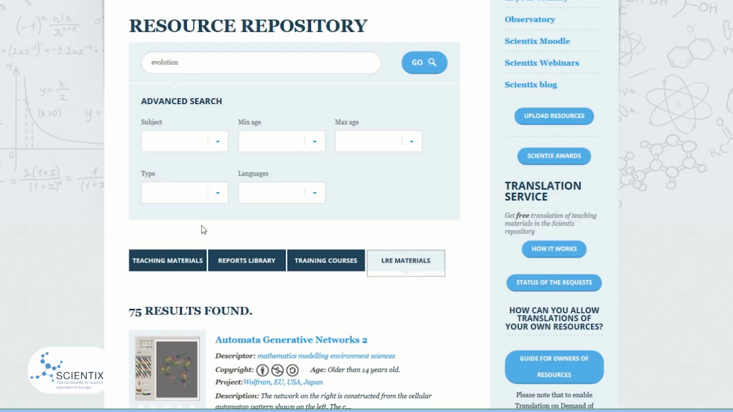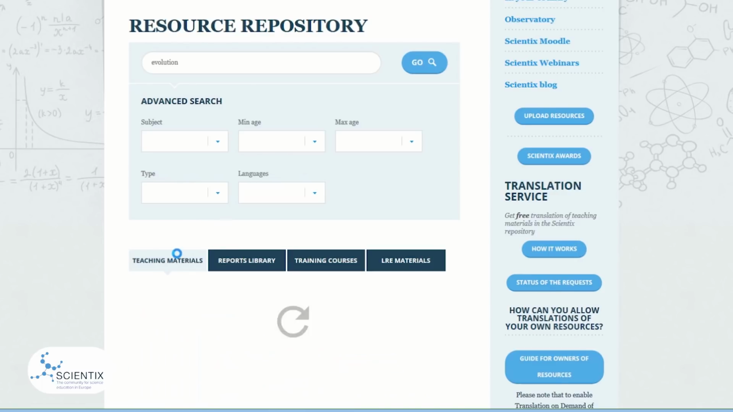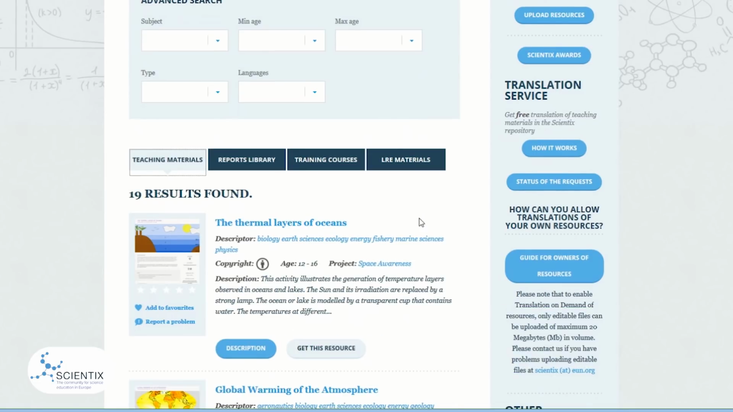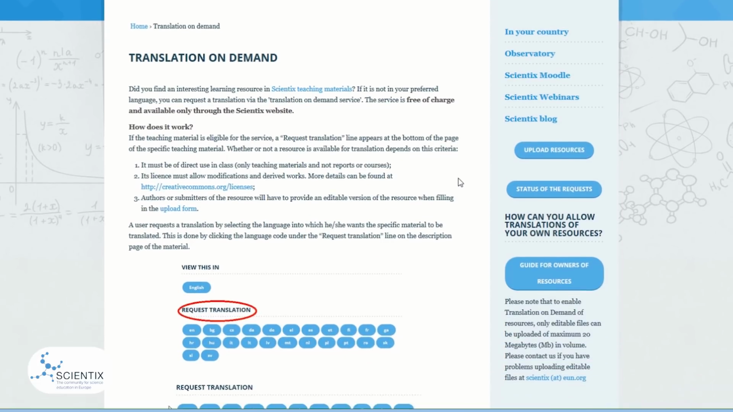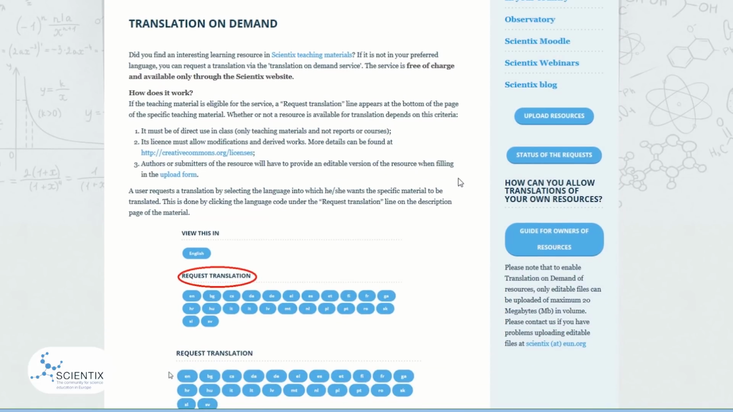As for the teaching materials, there is a very important feature that we haven't mentioned yet. This is the translation on demand service. How does it work? We can find this information on the right bar. Basically, it is a service which can be used for the teaching materials whose copyrights allow derivatives, and that Scientix